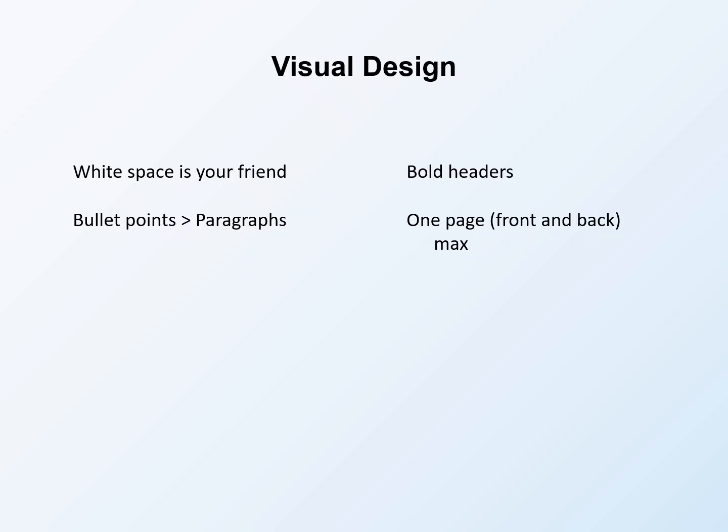Visual design matters. A wall of text is intimidating. Use white space. Use bullet points aggressively. Use bold headers so a person skimming can get the gist in 10 seconds. A good rule of thumb is 2 pages maximum. 1 sheet of paper, front and back. If it's longer than that, it belongs in an appendix that no one will read. The physical document itself is a tool of persuasion. It should look professional, clean, and urgent.